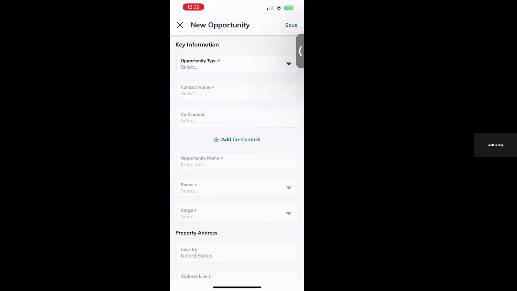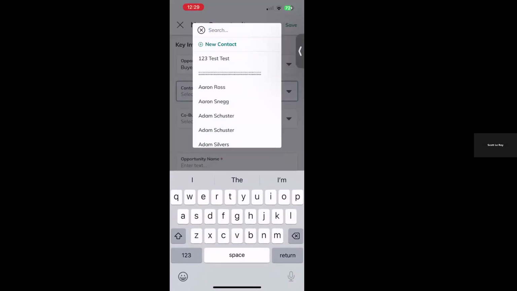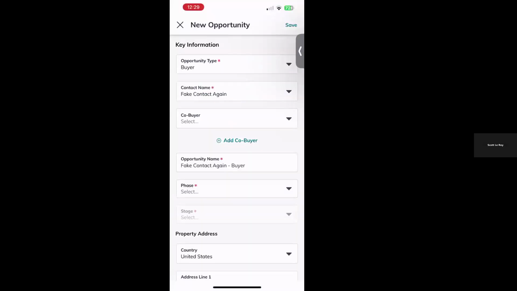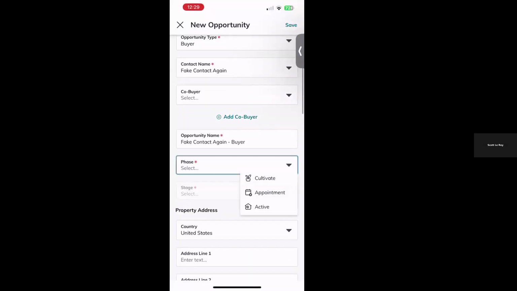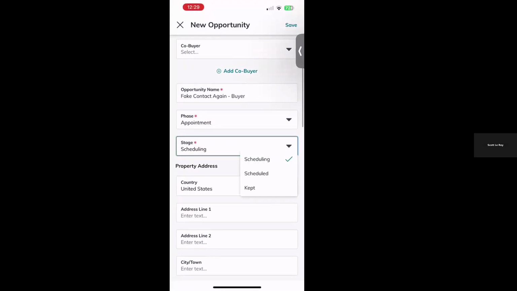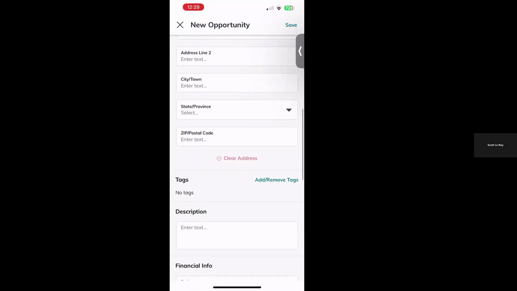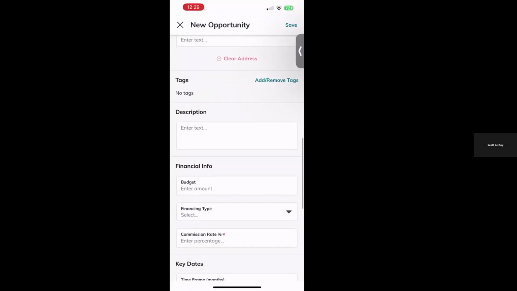You can also create a new opportunity. Let's say you had a buyer call you today. They're ready to get started. You can go ahead and pull them up. You can go ahead and add which phase they are in. You can go ahead and add the address if you have it for them currently, their description, if you know